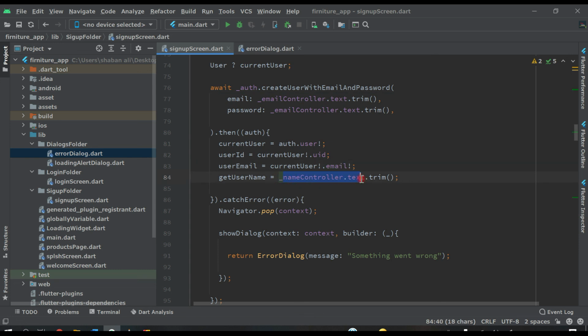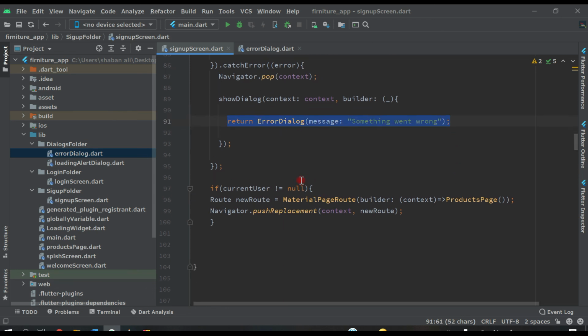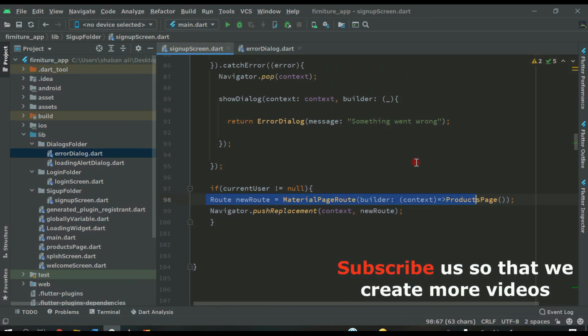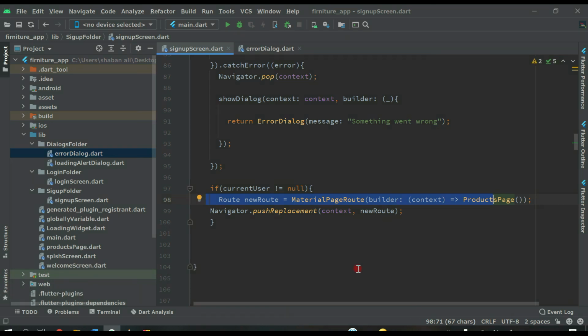If something goes wrong, we display this message to the user. If everything is okay and the user is not null, we directly send the user to the product page. So all these things, Ctrl Alt L, will be formatted like this.